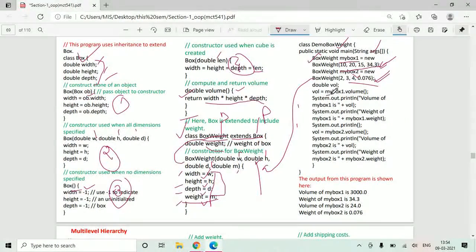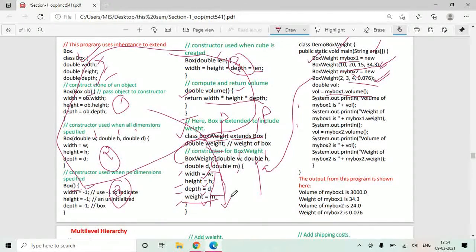Now you want to calculate the volume for box 1 and the volume for box 2. For the first box, myBox1.volume function. The volume function is written in class Box, but whatever features are there in class Box are inherited here.